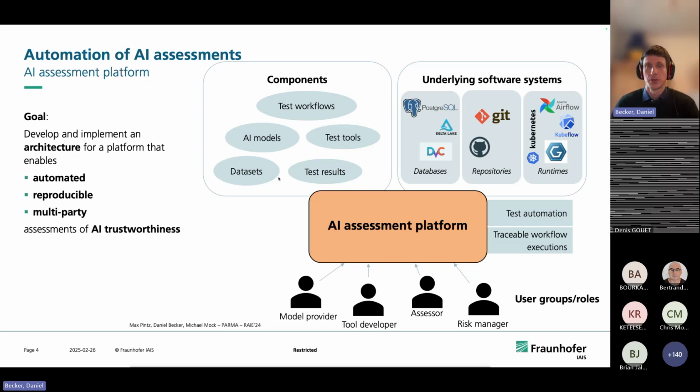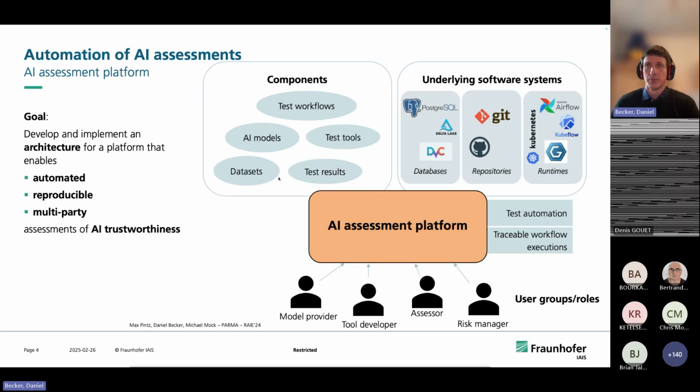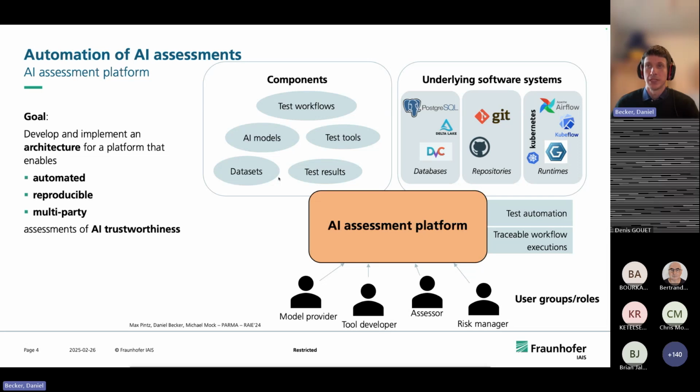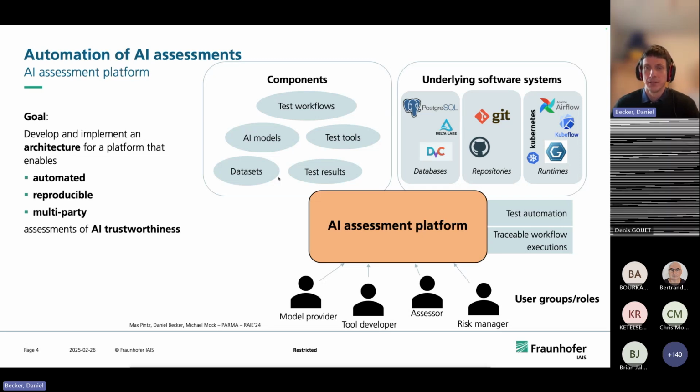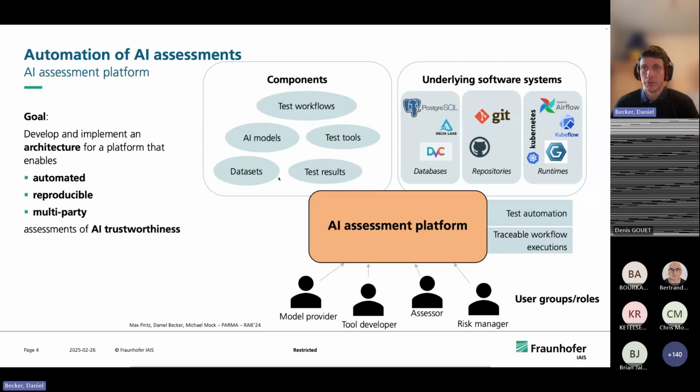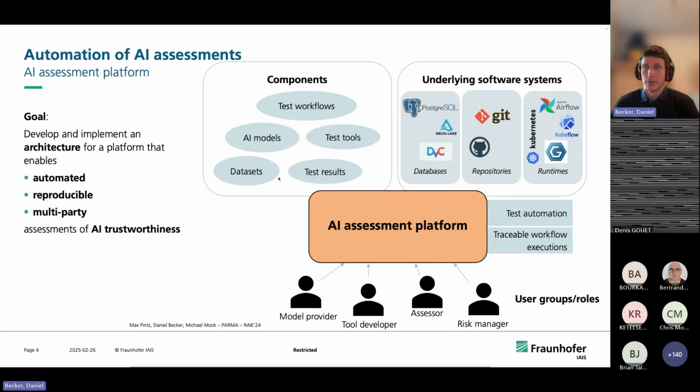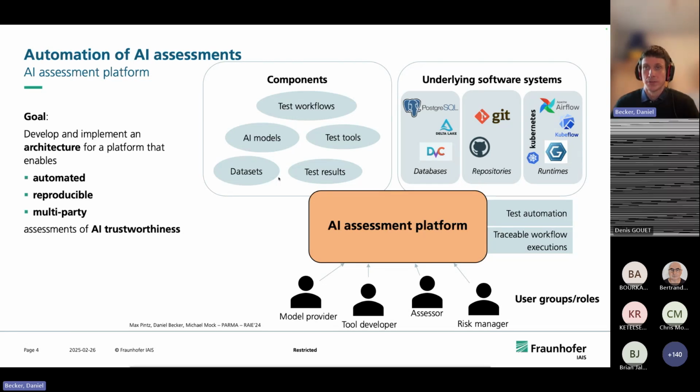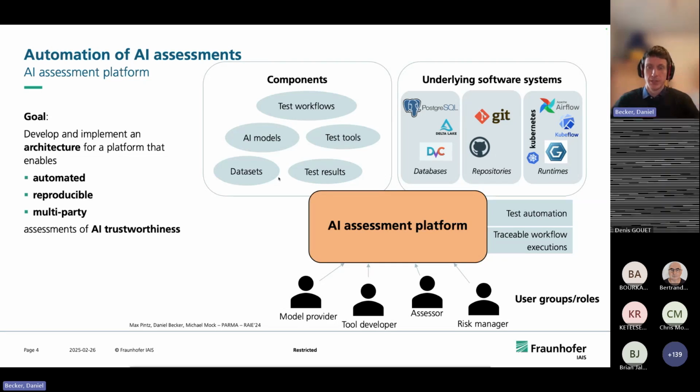And what's also important in this context is that this platform should be able to use technology that is already well established and good for many of these basic tasks. For example, we need some kind of version control, both for our code and our data. We should be able to run these tests on the infrastructure that people have. It should be runnable in the cloud, it should be runnable on-prem, whatever we have. So basically, this is the abstract idea.